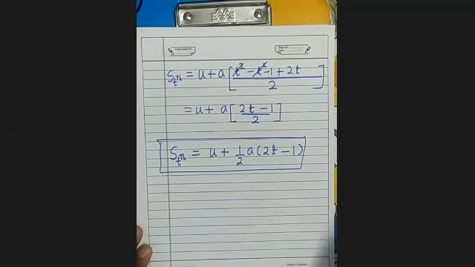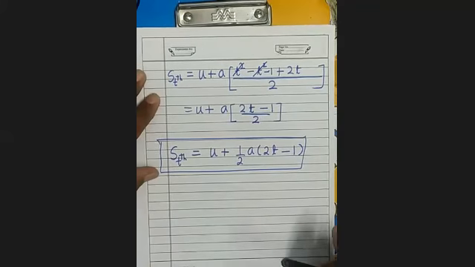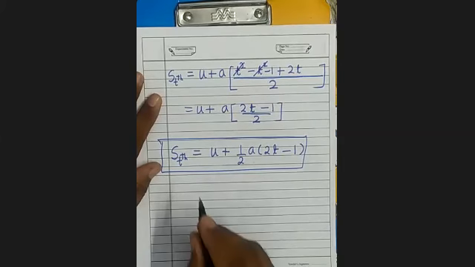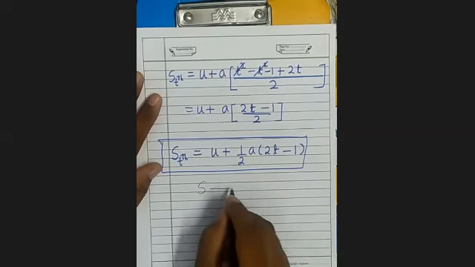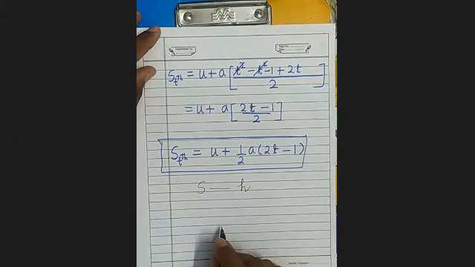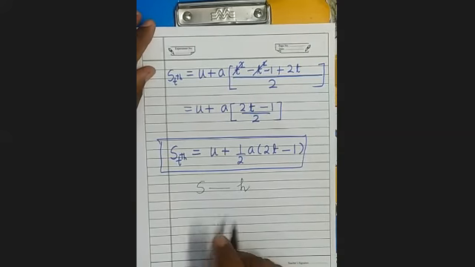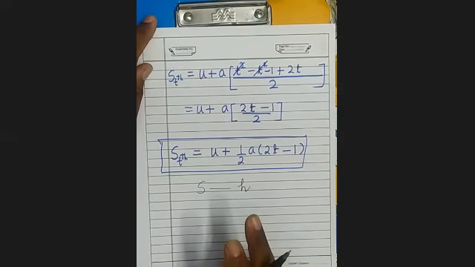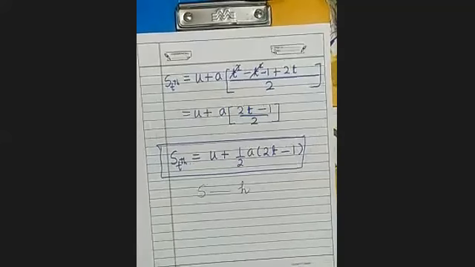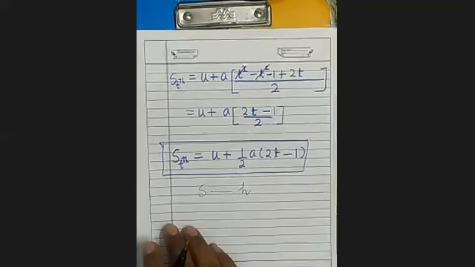Now see here, what will be the motion under gravity? In the motion under gravity, s is replaced by h, because motion under gravity is uniformly accelerated motion. When a body goes vertically upward, it is uniformly retarded. Falling downward, it is uniformly accelerated. About this, I will begin in the next lecture.